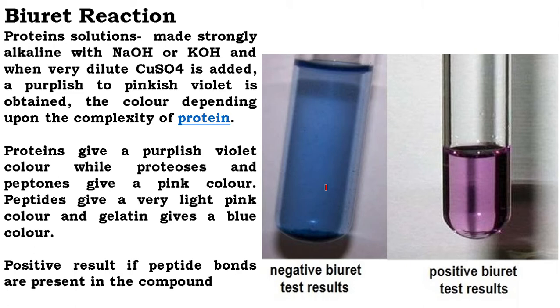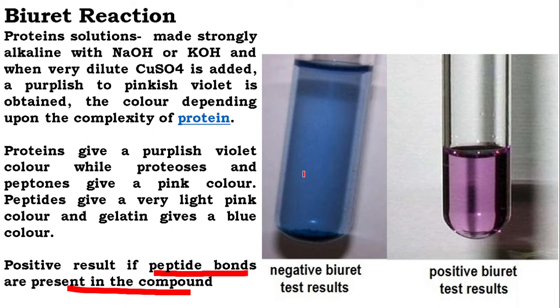Biuret reaction. We are using the Biuret reaction for the qualitative analysis and also for the quantitative estimation of proteins. Remember, Biuret is used strictly for identification of proteins and not individual amino acids. If peptide bonds are present, we get a positive color. Which is the positive color? This is the positive color. This is the positive Biuret test result. Then why this one? This blue color is actually the color of the Biuret reagent itself, because the Biuret reagent contains a colored solution. You can easily distinguish these two.